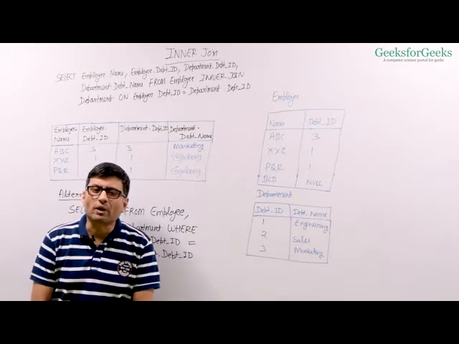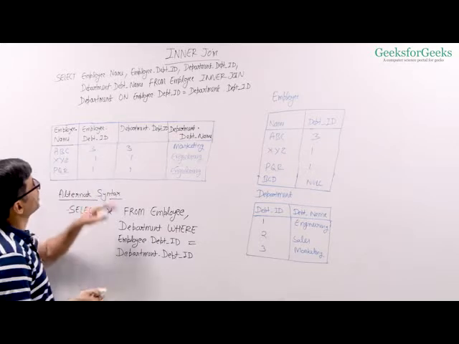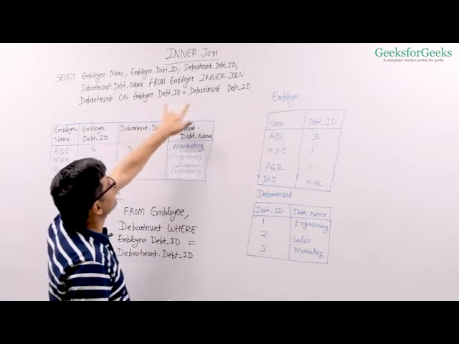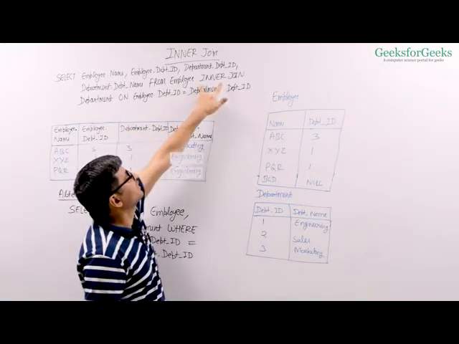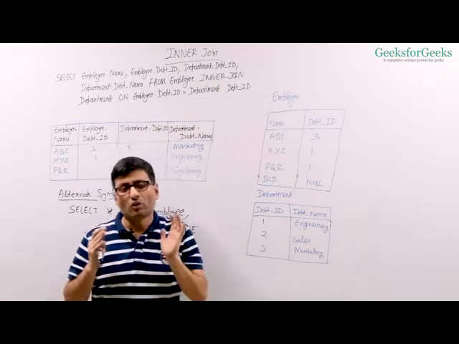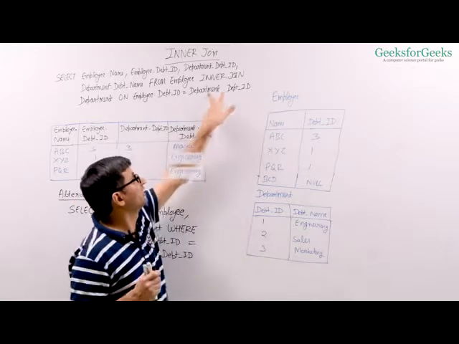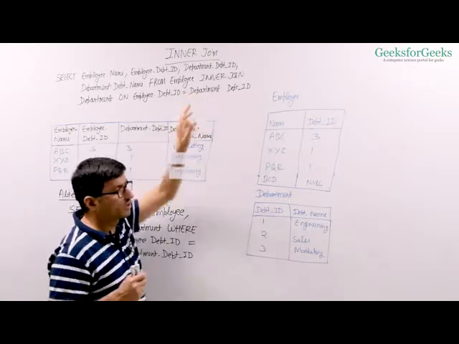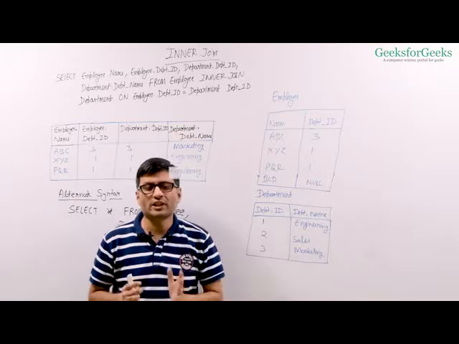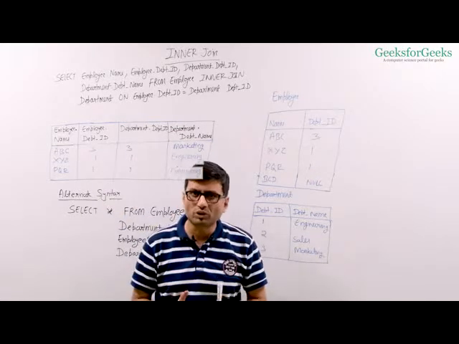Let us now talk about inner join. Inner join is a join where you have some condition and you have this inner join keyword. What it means is only the rows which strictly match this condition should be there in the output. So we can see inner join this way. We write the cross product or cross join of both the tables.